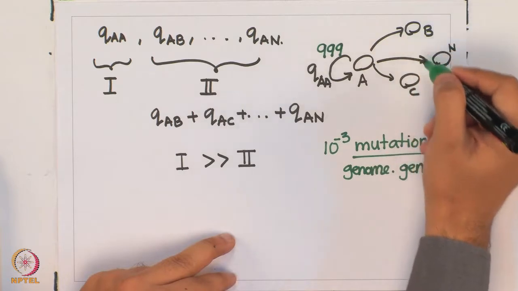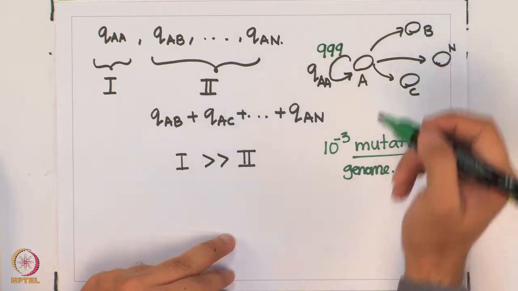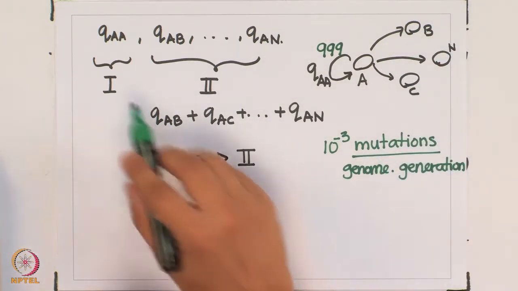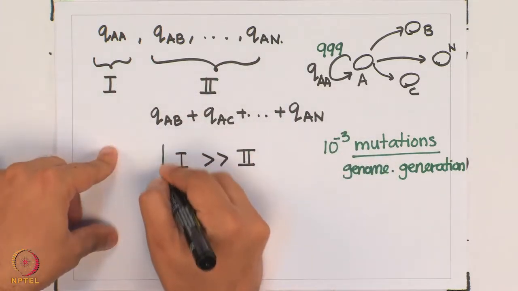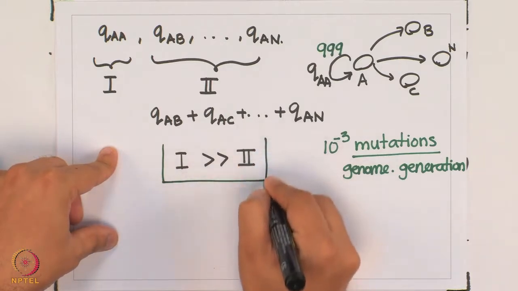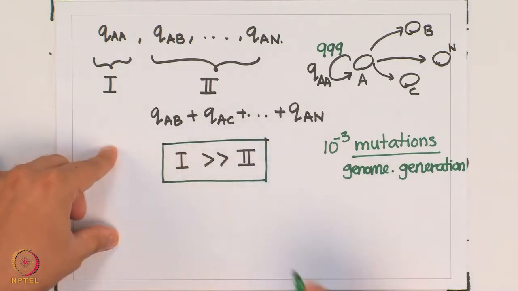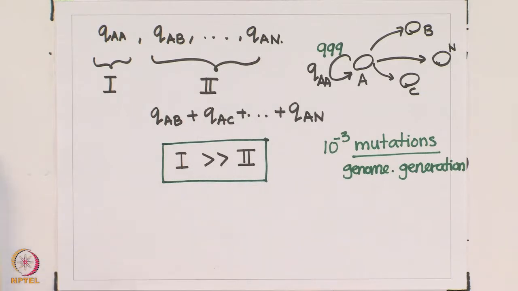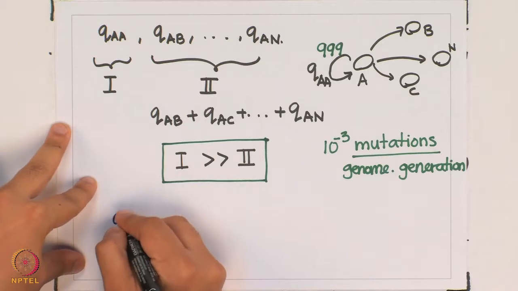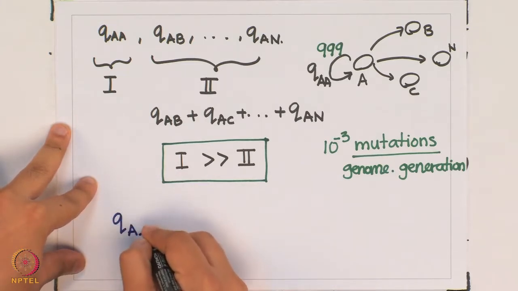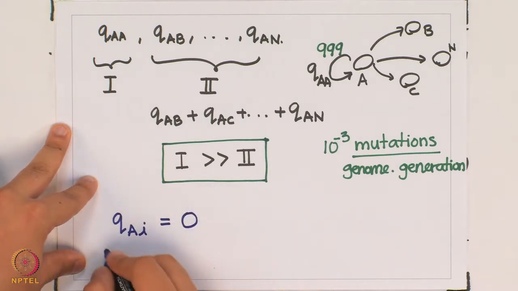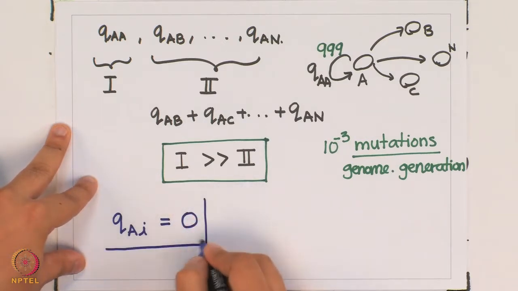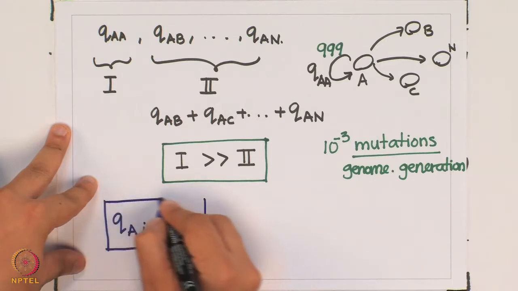Which one of those n-1 edges is something that we don't know because mutations happen randomly. It could be either one of the n-1 edges here, but the point is that these numbers are so skewed that quantity 1 is much bigger than quantity 2. That's something that's very important to realize. We should also realize that some quantities QAI may be equal to 0. This is possible because so far we are only talking of